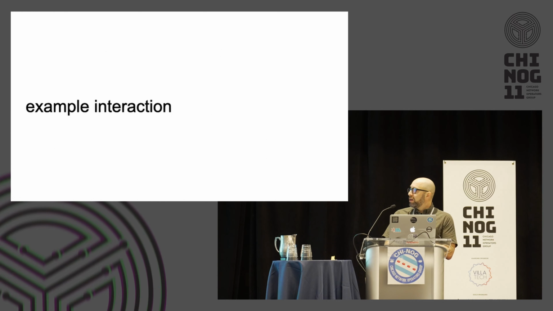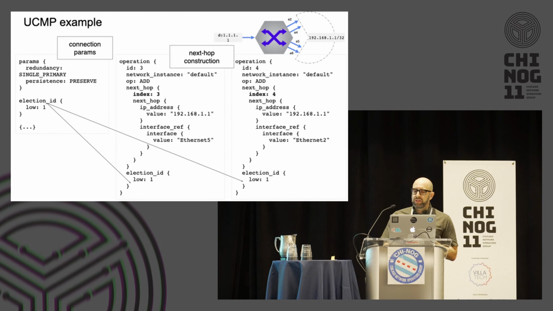I'll just step through a quick example that shows how we can do UCMP with simple route entries. Starting from the left, we have the connection parameters. We're going to preserve the persistence. This is a simple connection. It's only a single controller with one election ID. We're going to add. We basically work our way up in terms of the abstractions. So at the lowest level here, what we're going to do